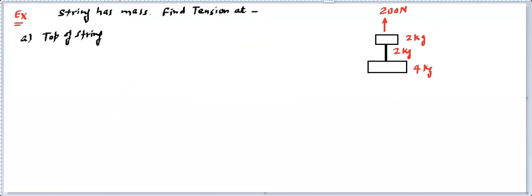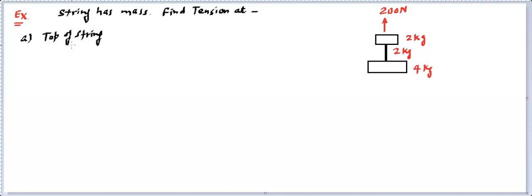Now let's consider one example in which a string has mass. Now we have considered the cases when a string is massless. So now we need to consider that mass as well. And whenever there is a string with mass, you'll find the tension at all points will not be equal. The tension at all points of a string is the same only because of the massless condition that we use. So tension, if it is being asked, will be asked at a different location. Just like here, it says find the tension at the top point of the string, then the bottom point, midpoint, or a certain point.